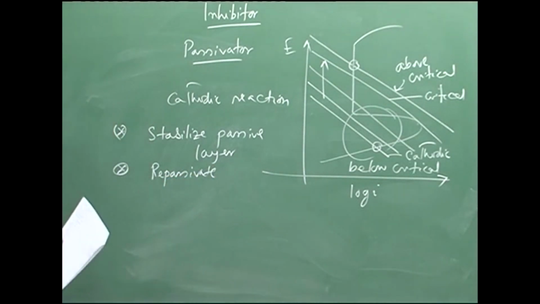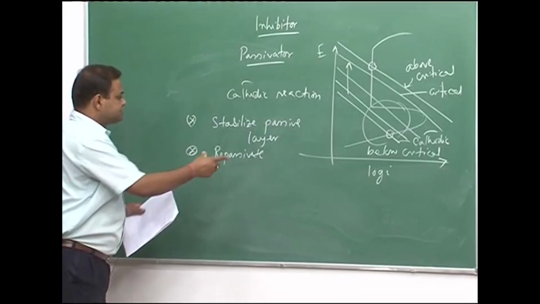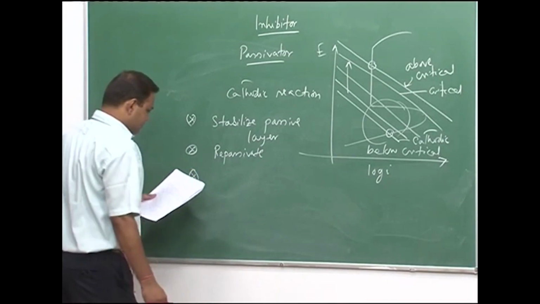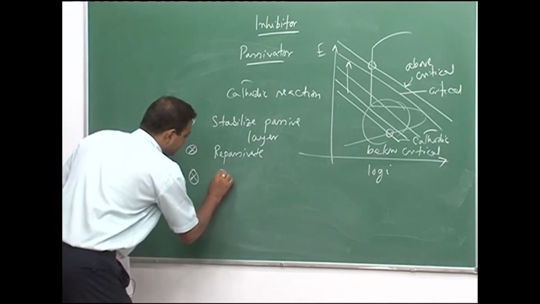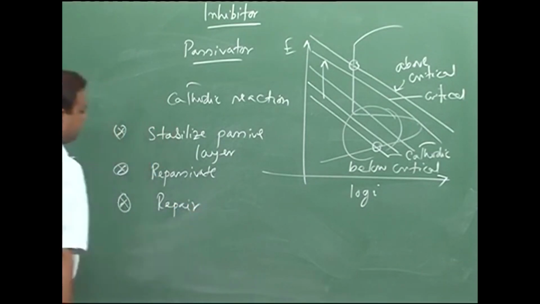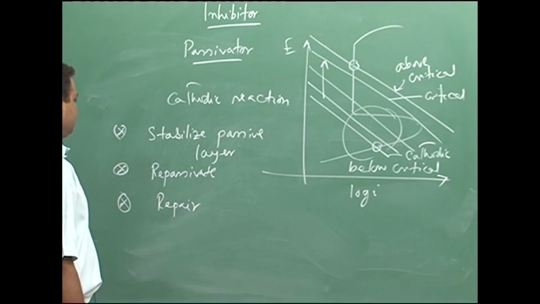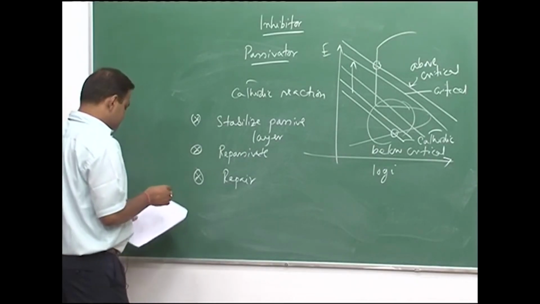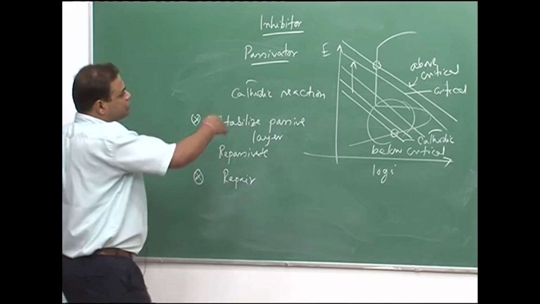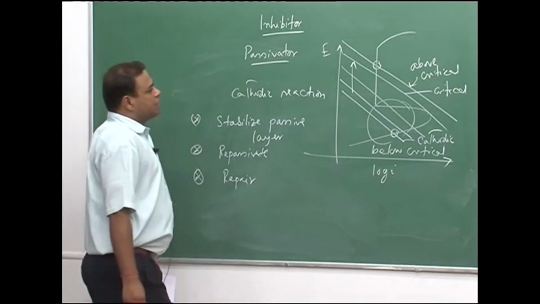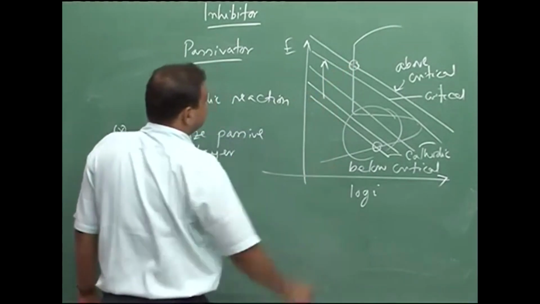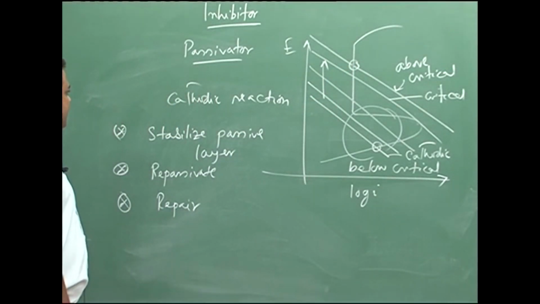For example, if the passive layer is damaged somehow, if we have those inhibitors, it can repassivate immediately. Then they can also assist to repair the film, so film repairing ability by forming insoluble products by chemical reaction. And of course, as I have told you, the amount should be above the critical amount that is needed to maintain the passive current density all the time, and the critical amount would depend on